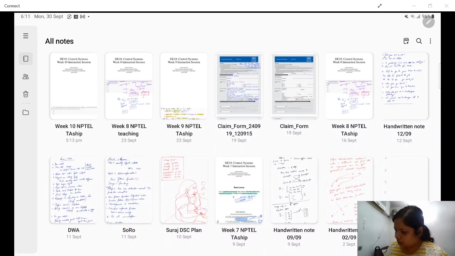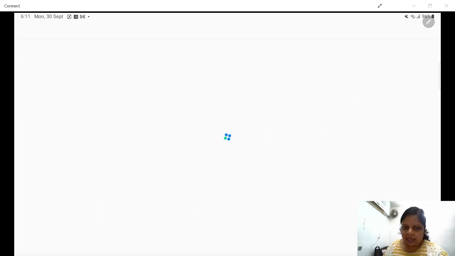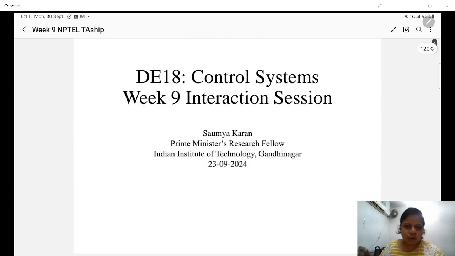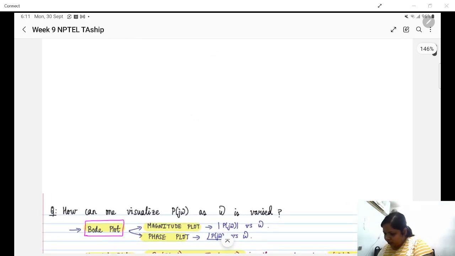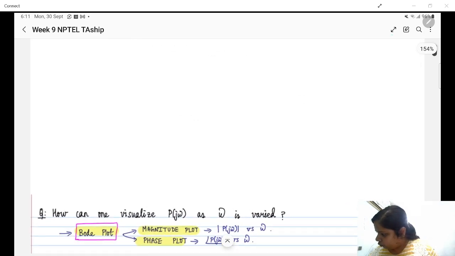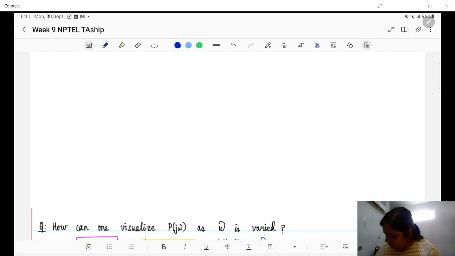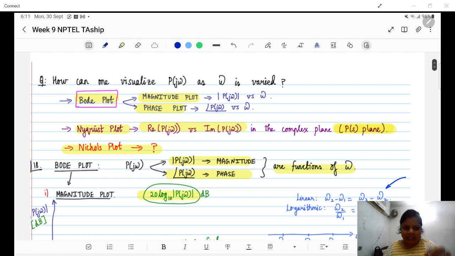As far as the Bode plots are concerned, I would like to go through the lecture that we covered last time and just to give a glimpse of what had happened. So I would not go through the questions, but I would definitely show you something which would be helpful today in case you have missed. And I really hope that you have gone through the lectures. And even if you haven't, I think we can do okay. So we actually had seen that